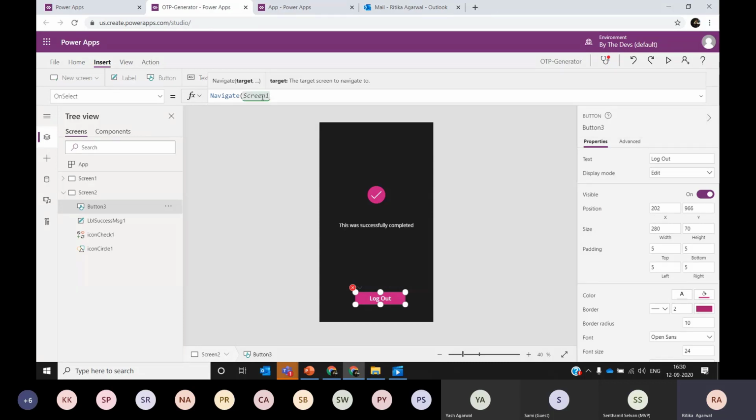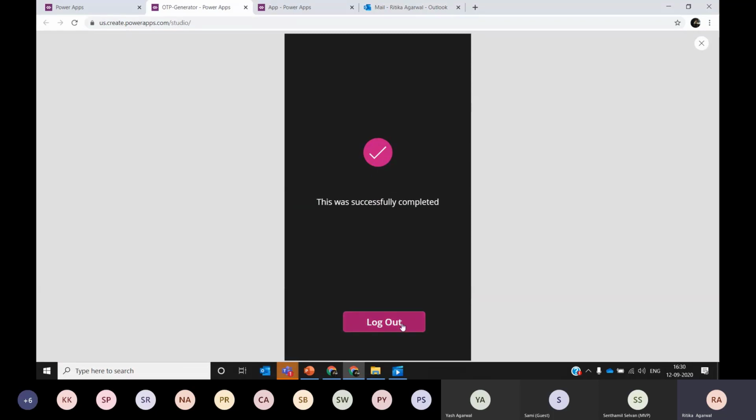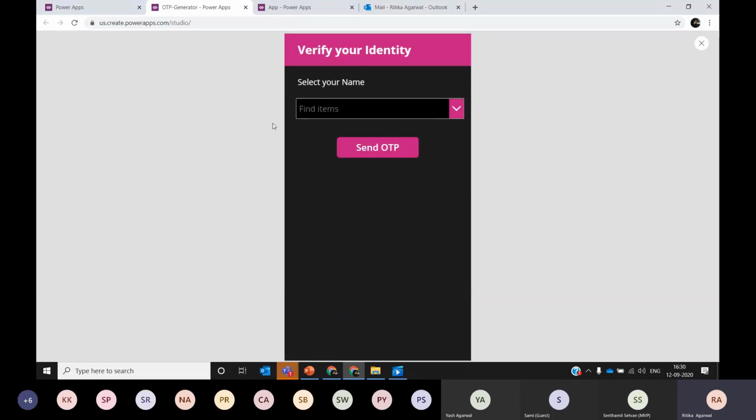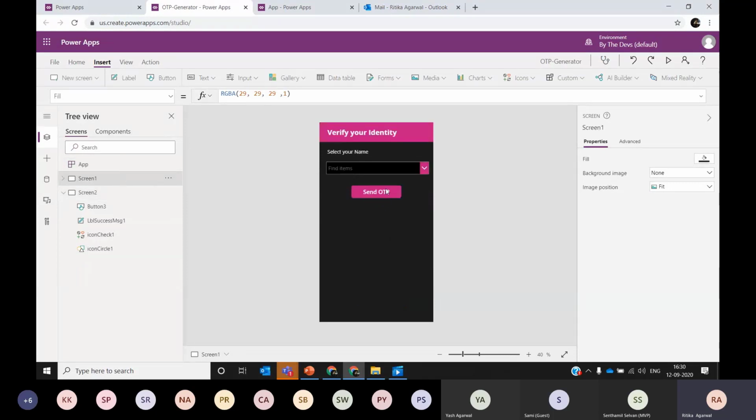I'll say navigate to screen 1, and if I play this app, even though I am authenticated, if I click log out, I am back on screen 1 and there is no way of going back to my previous screen until I do this authentication again. So you can implement such functionality for logout as well. On screen 1, don't add any icons or buttons where the expression is back.